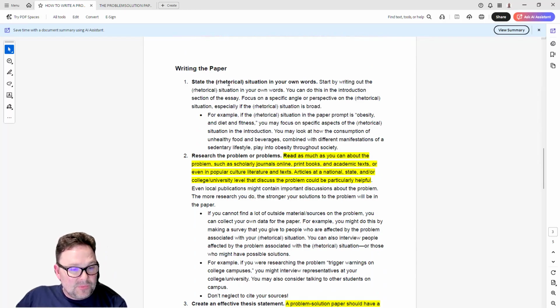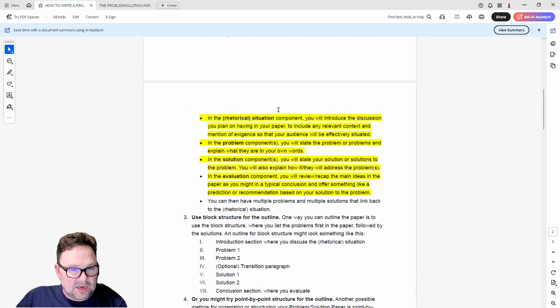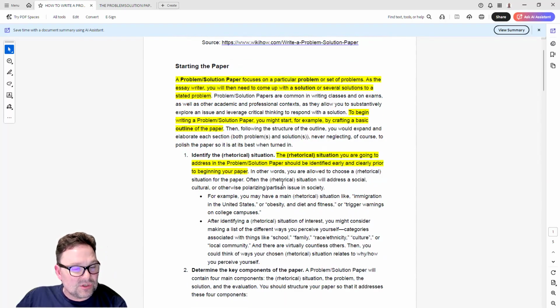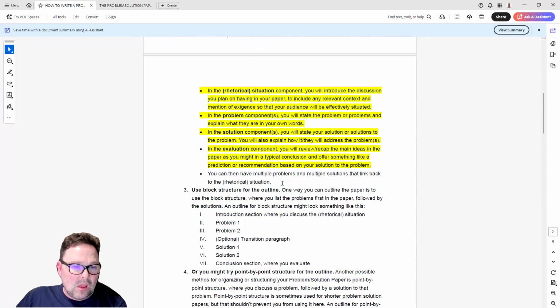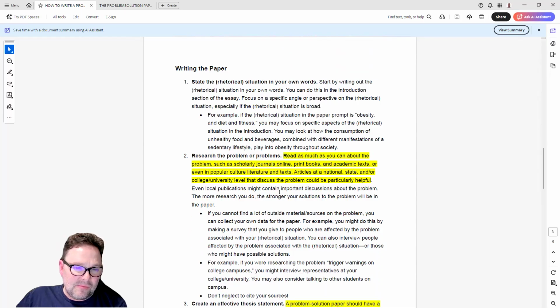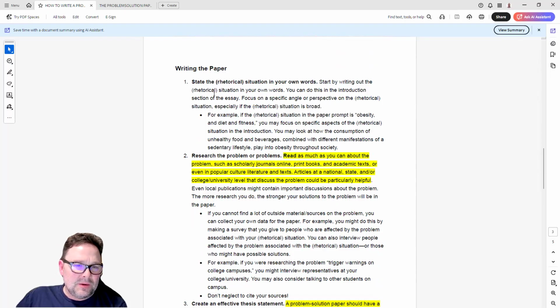As far as writing the paper, this whole top part up here was just kind of planning out and conceptualizing how to go about starting your paper. When it comes to actually writing the paper, I included some examples here of each of these points. We don't have to spend a lot of time reading them, but